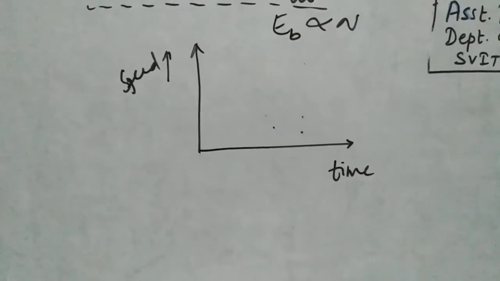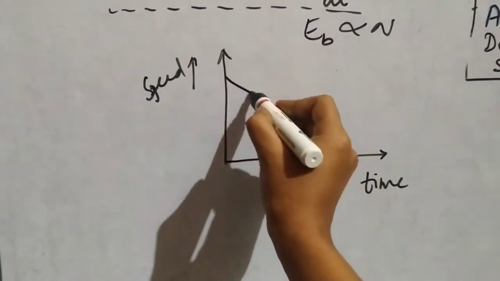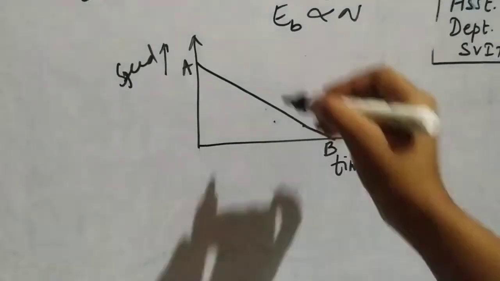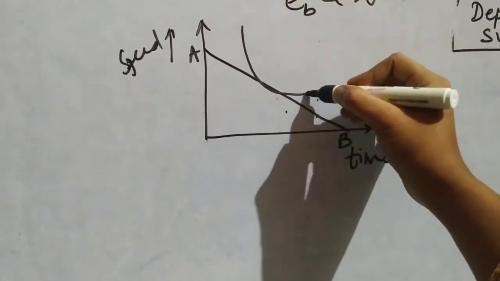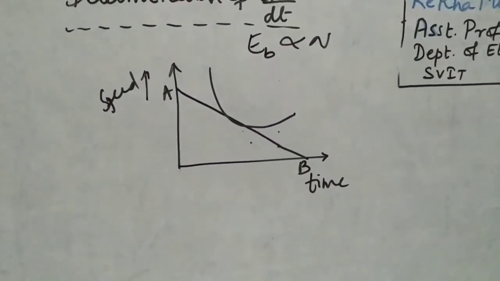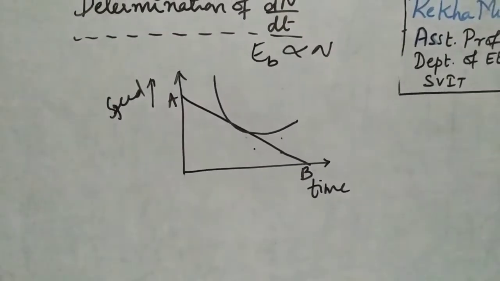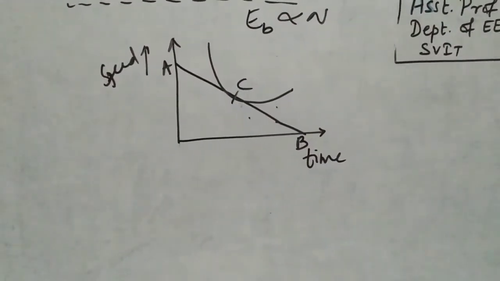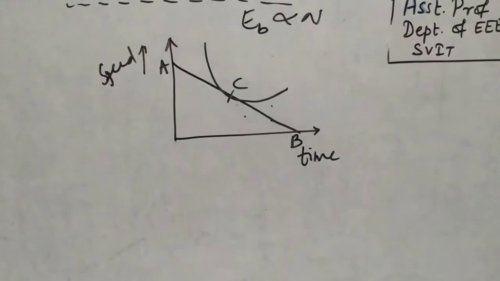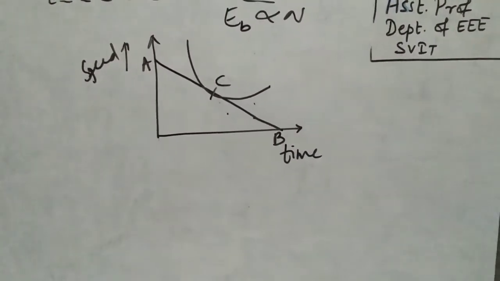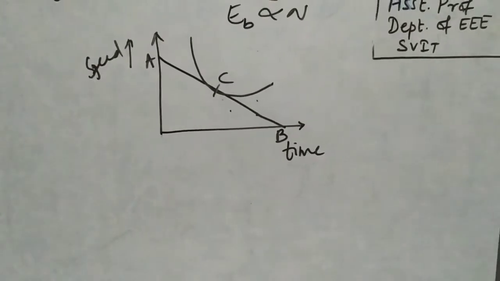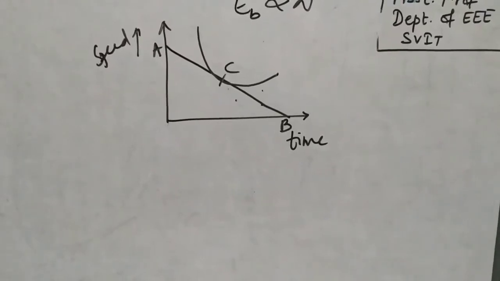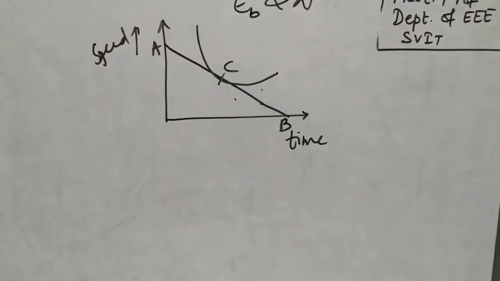We will find that there is a constant speed, and this will be the AB slope. Then there will be a slowdown in the speed when the motor is cut off from the supply. That point we will mark as C. Here you can see a curve showing the variation between time and speed, obtained from the calibrated voltmeter. At any point C corresponding to the normal speed, a tangent AB is drawn.